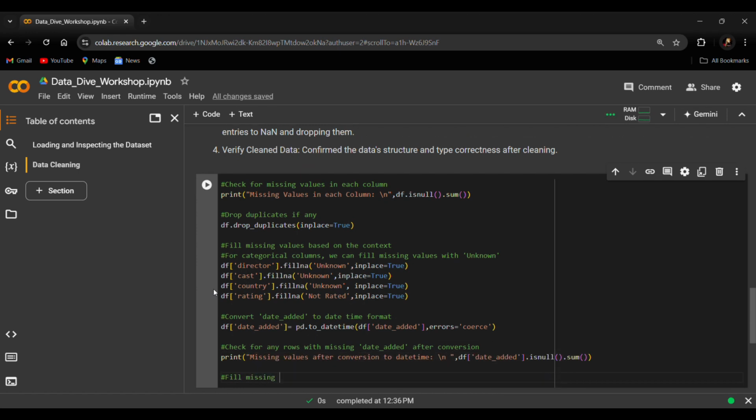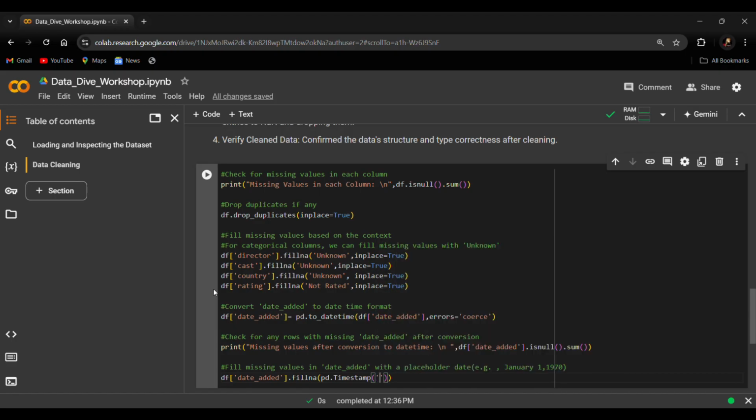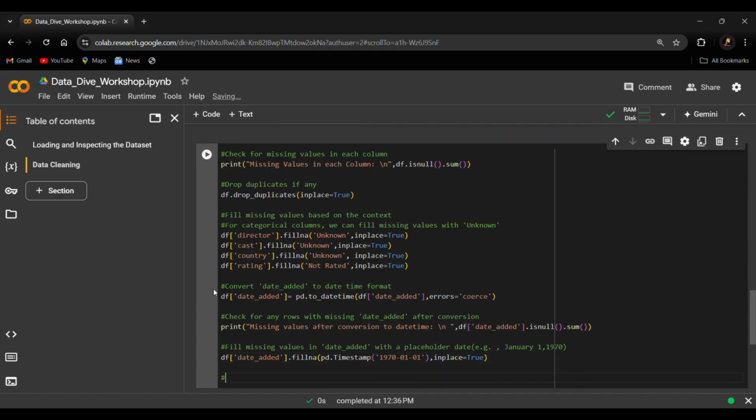Now the next step is to fill missing values in date added with a placeholder date. So the date will be in the format given in the statement, like 1970-01-01.